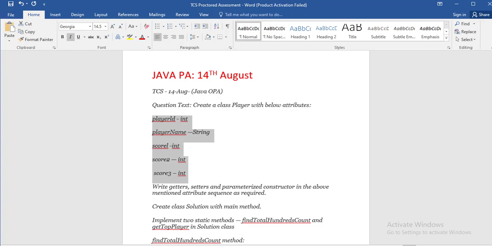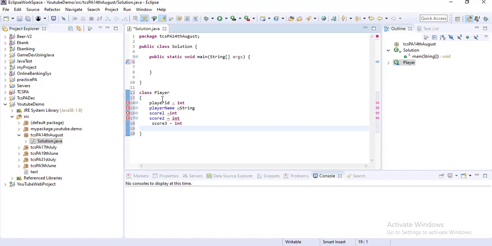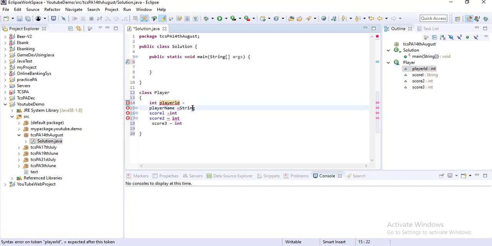This class contains these 5 attributes, so I am copying from here and pasting here. First one is int, then second one is String player name, third one is int, score1, then score2, and score3, also int.